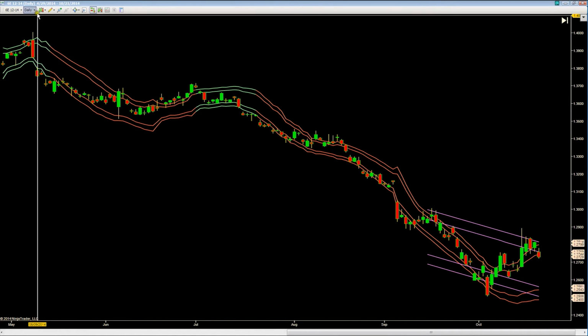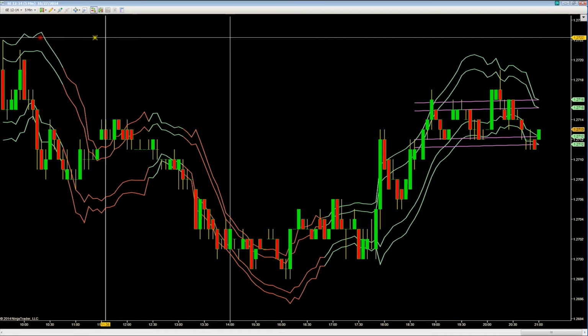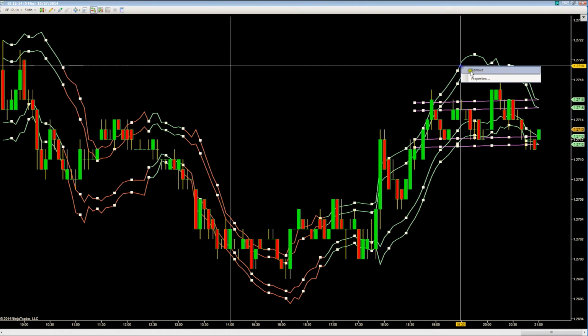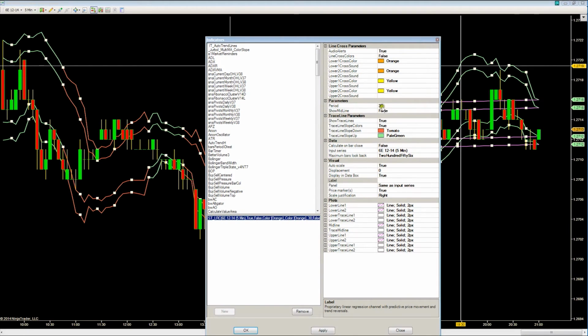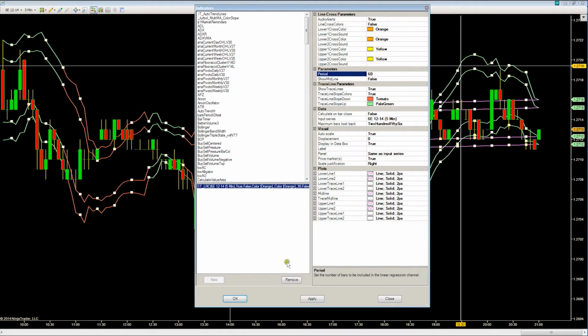Let's look at some of the bells and whistles that we have to actually help you trade more efficiently if you're looking at multiple charts. Let's just go back into the file. We'll go to properties. I keep the default set at 30. That's for periods back. That would just change the length of the channel, but none of the other proprietary